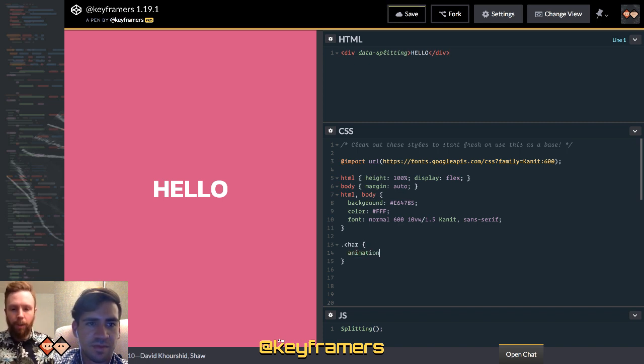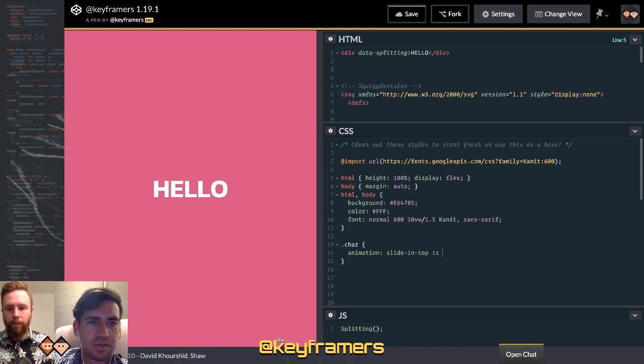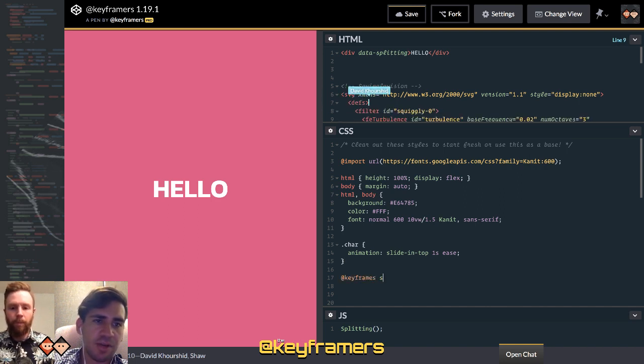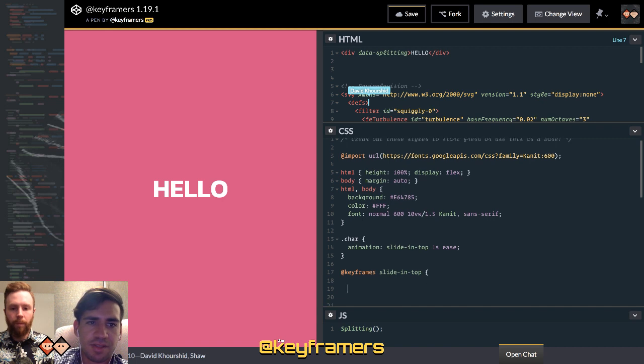So let's do animation: slide in top, and we'll do 1 second. For those who don't know what Squiggle Vision is, by the way, it's just a bunch of SVG filters that we're animating between to create this nice squiggly effect.